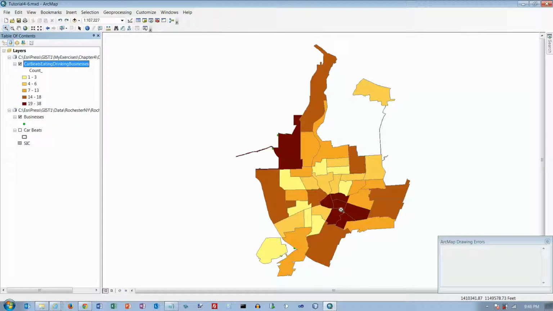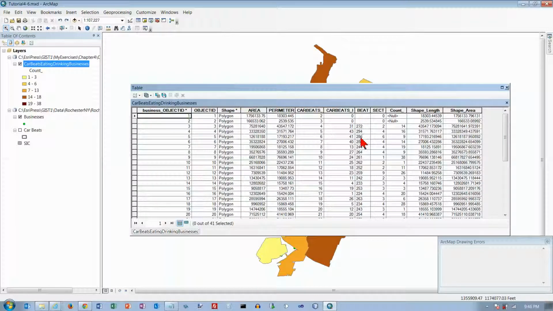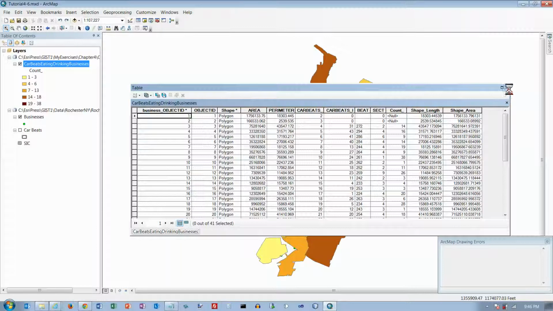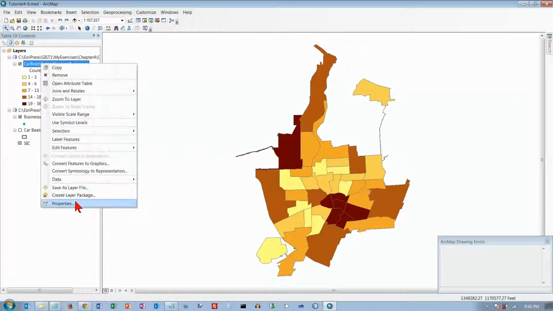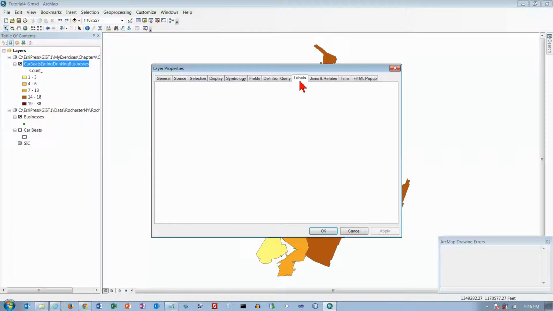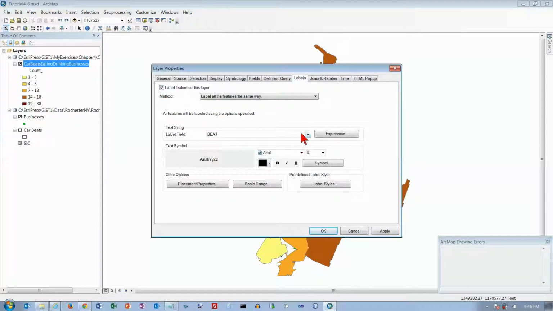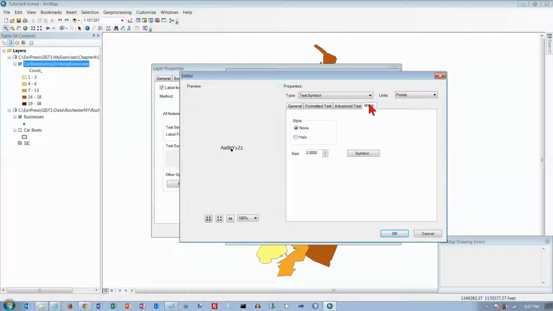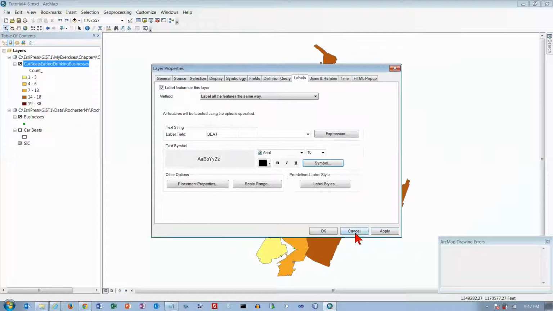And then it says label each polygon with the beat attribute. So apparently each beat has a number. If we go back here and open the attribute table again, here each beat is assigned, it looks like a 3-digit number, and it looks like they all start with the number 2. So we'll close that, and we will go here and go to its properties, and that is a label that we want, and we're going to label the features here, and beat is what we're going to use, and we'll make these a little bit bigger. Let's go to 10, and I also think that whenever you do this, you should put a halo around it so it's easier to read. Edit symbol, and click on mask and put a halo, and click on OK, and click on OK, and click on OK,